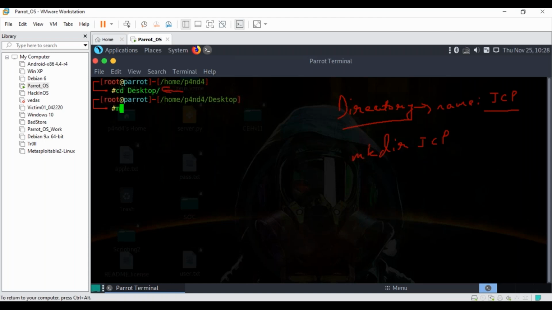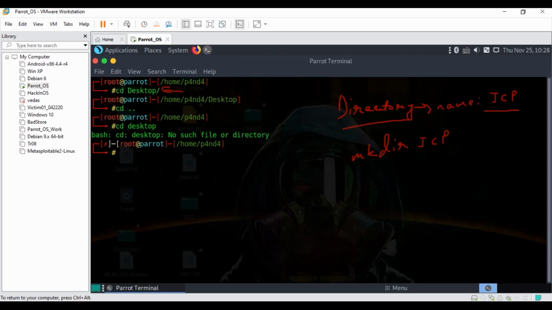If I write mkdir, guys, make sure of one thing: Linux is very case sensitive. For example, if I do cd space dot dot, going to the previous directory, and now if I try to go to the desktop and write cd desktop, what does it say?